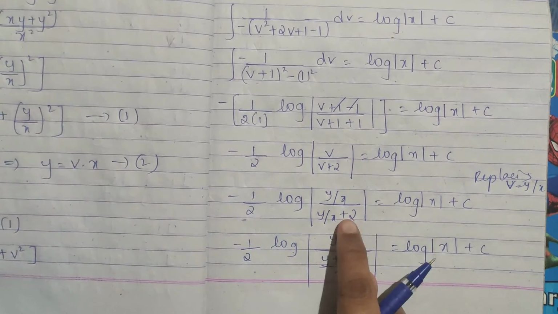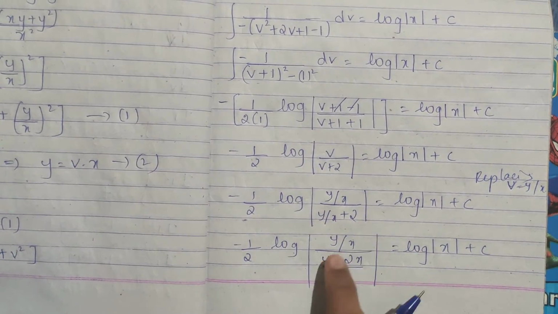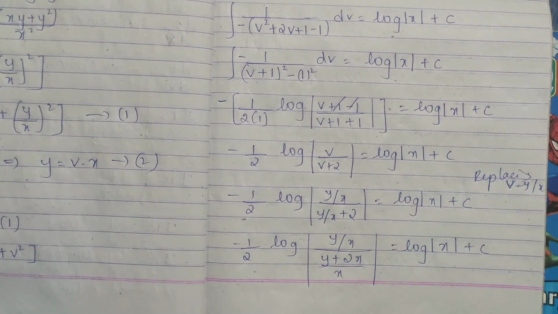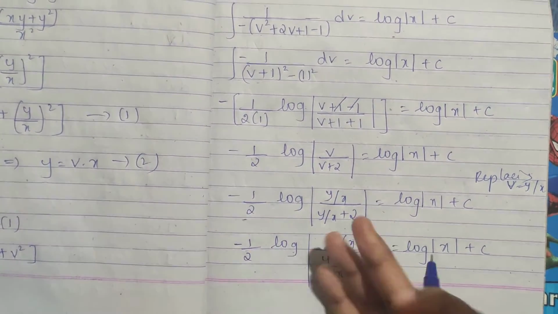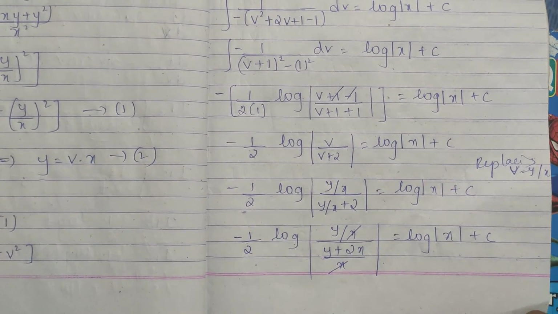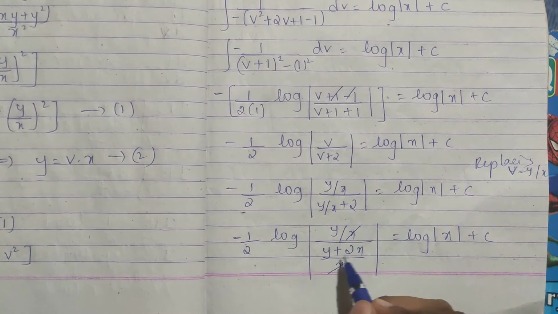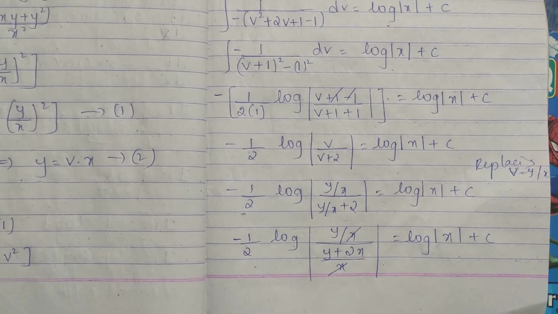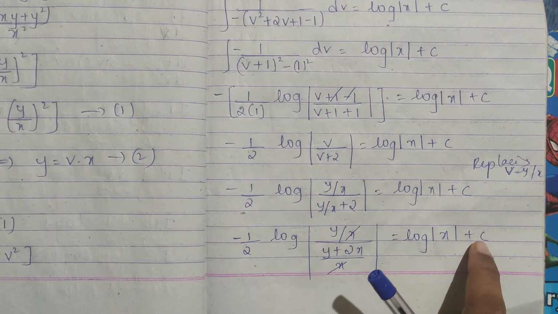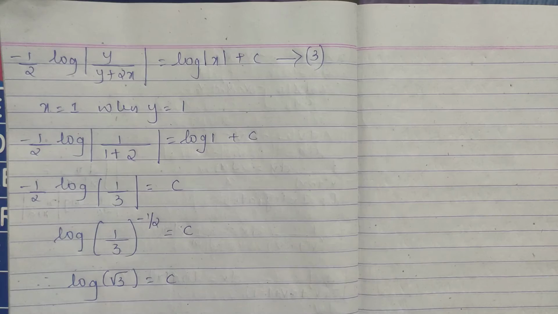So here just take the LCM, y by x plus 2 it is, so y plus 2x by x. The right hand side, easy, nothing, just lengthy it is. So when you take LCM, this x gets cancelled, right, when your x goes here, this is already y by x, so you will be having y by y plus 2x. Now we have to find your c value, so already the points they have given, that y is equal to 1, x is equal to 1, right. So this will be your equation 3.